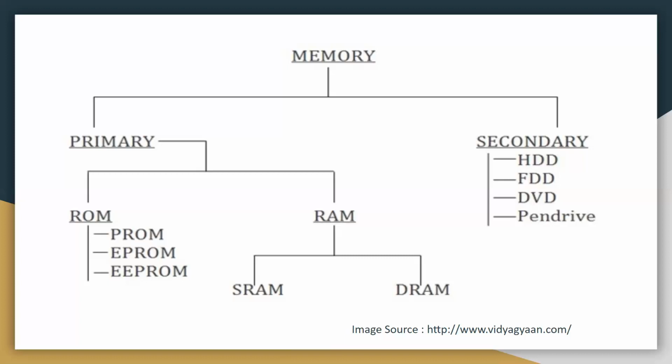Next category is your secondary devices or secondary memory. So these are also called as external memories and also referred as backup memories, and they are of type non-volatile. So here the data is stored permanently because this is external devices where the data is being stored, and at any point of time you can refer this. So common example are your hard disk drive, flash disk drive, DVD and pen drive. So this type of memories are magnetic and optical memories.